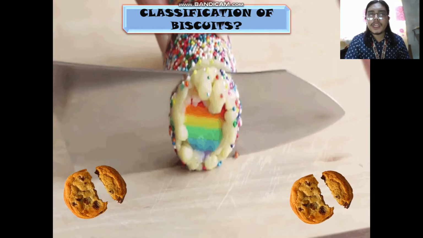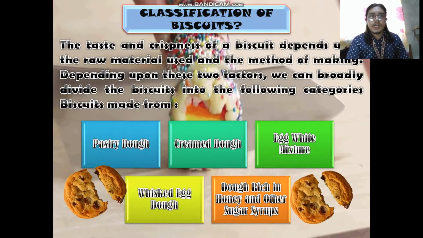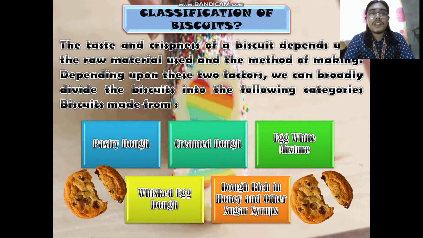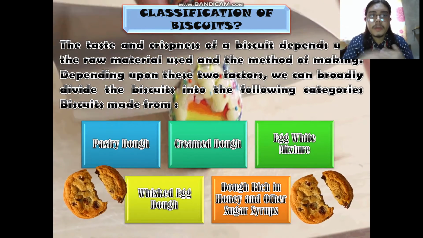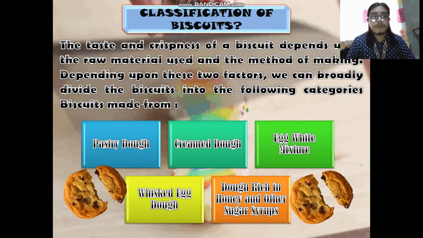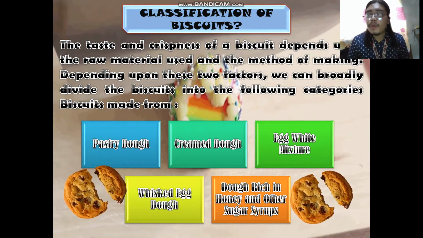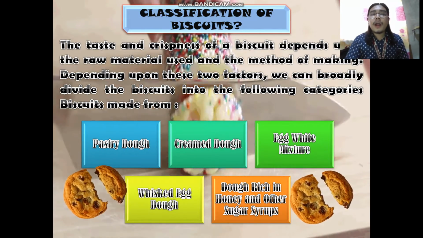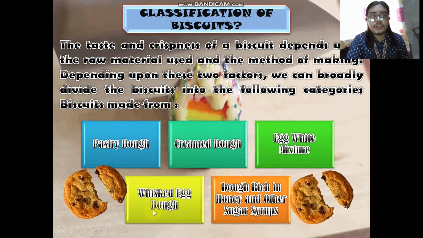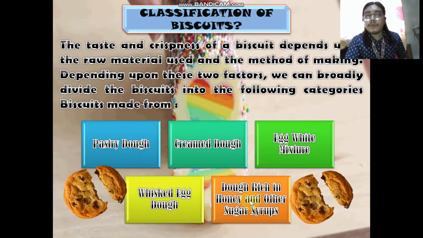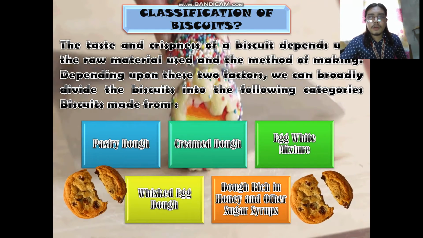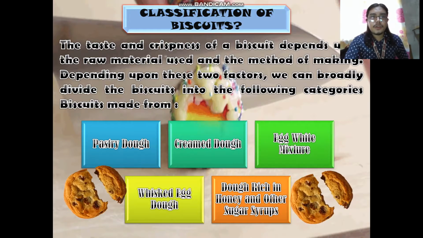So we have here the different classifications of biscuits. The taste and crispness of a biscuit depend on the raw materials used and the methods of making. Depending upon these two factors, we can broadly divide biscuits into the following categories. Later on we will break down what biscuits are made from: pastry dough, cream dough, egg white mixture, whisked egg dough, and dough rich in honey and other sugar syrups. So let us start first with the